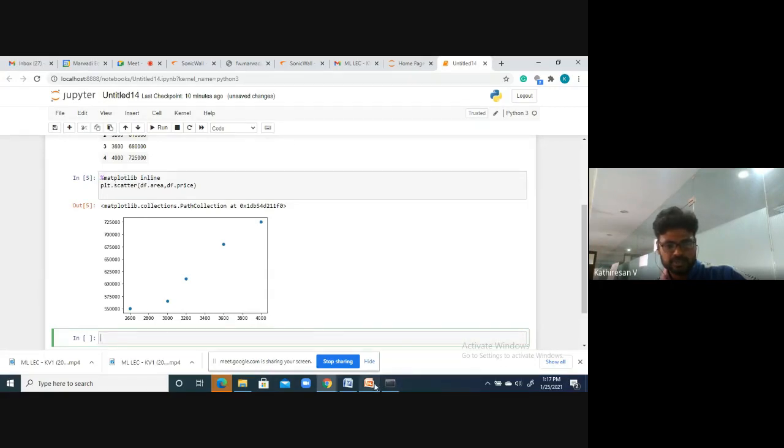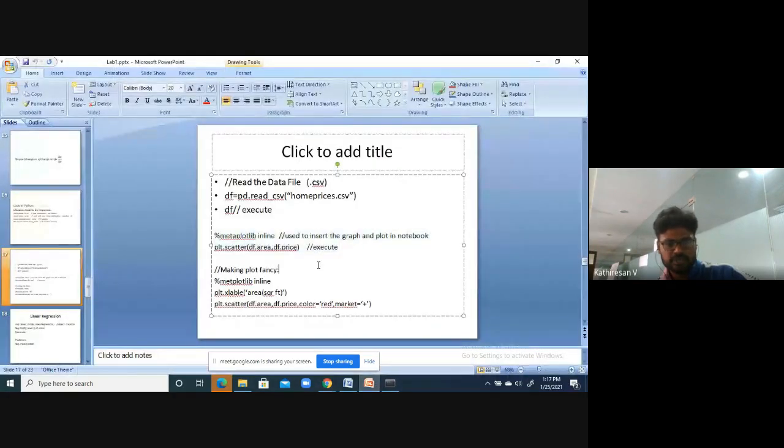See here in the PPT itself, I mentioned it is used to insert the graph and plot in the notebook. So in the notebook itself, you can get that plot and the data visualization also. That's the reason we are using inline.